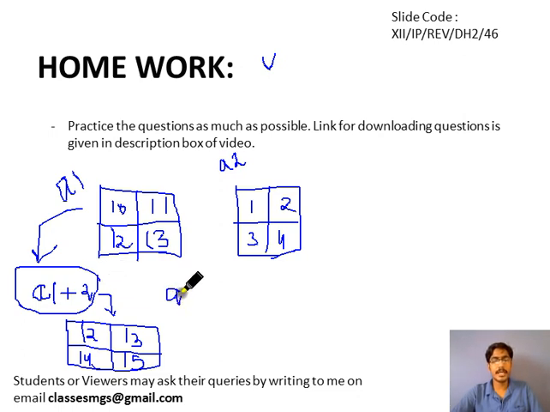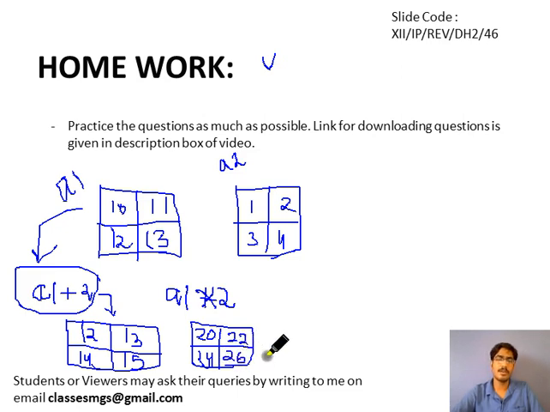Now if you want to multiply each element by 2, then you will write a1 star 2, and it will do the multiplication. Then what will be the output, you can guess. You will see that every value of the numpy array a1 will be multiplied by 2. So 10 into 2 is 20, 11 into 2 is 22, 12 into 2 is 24, and 13 into 2 in math is 26. So this is how multiplication can be done with the numpy array.